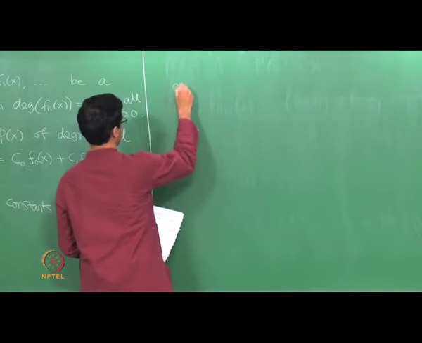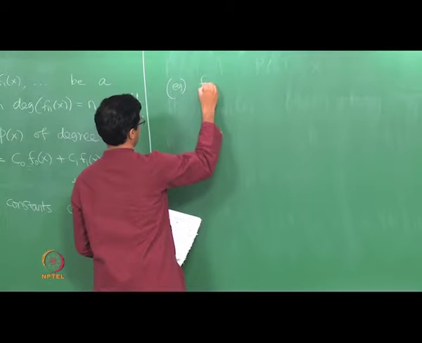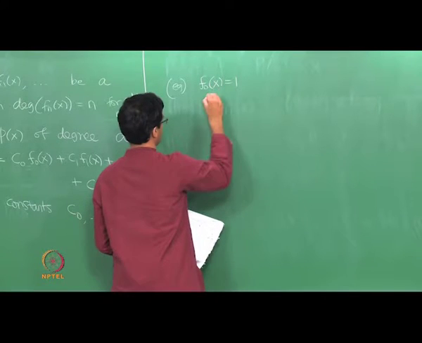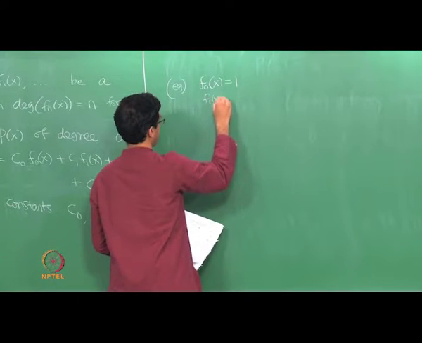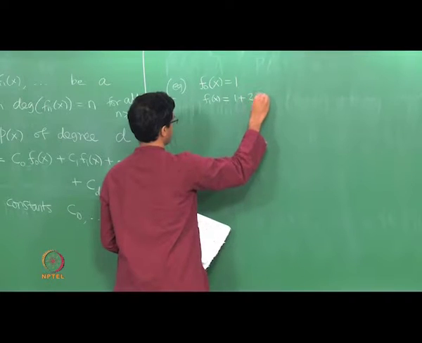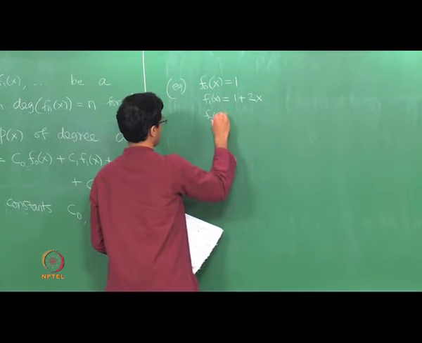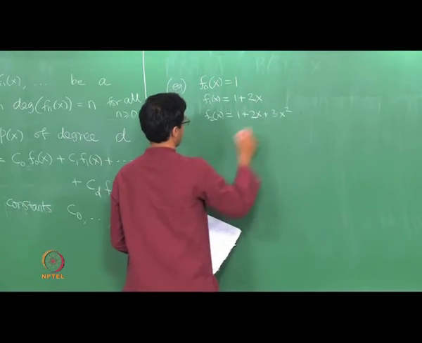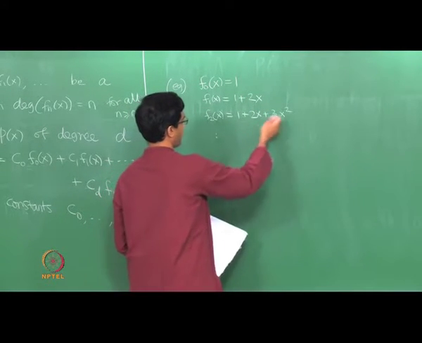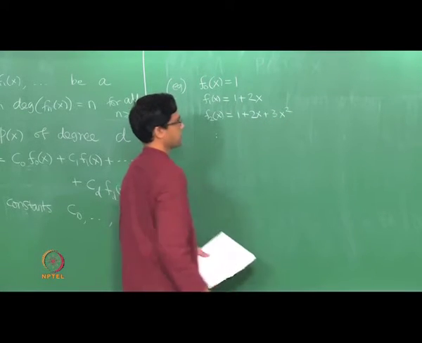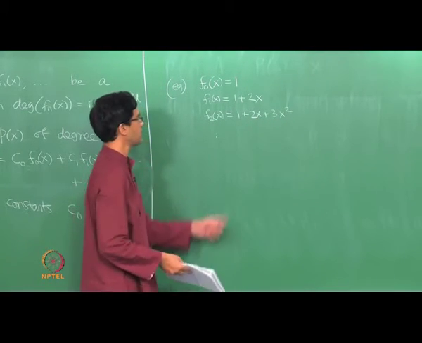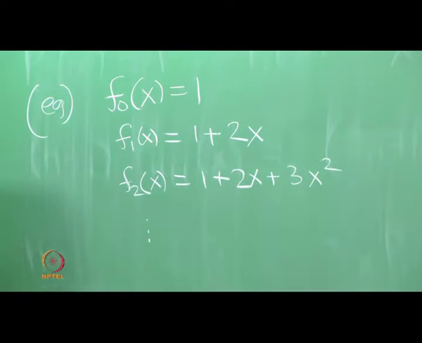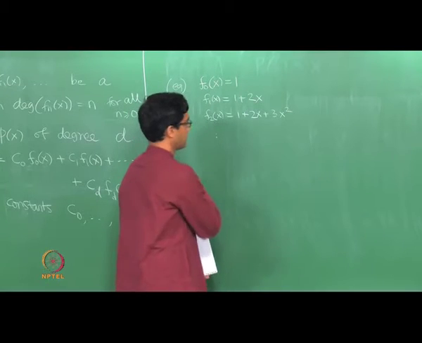So let us just take some sequence. I will just say f0 is 1. Let me take f1 of x to be say 1 plus 2x and so on. So I am just going to keep adding one extra term with say one higher coefficient, and I have just picked an arbitrary sequence here. Observe I have done it in such a way that f0 has degree 0, then degree 1, degree 2, degree 3 and so on, right. So it satisfies the conditions of the principle.